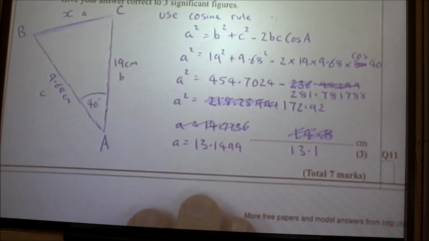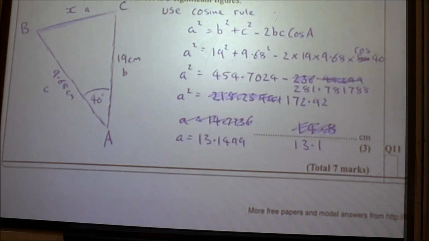We're going to use the cosine rule again, and just plug your numbers in. You've got to relabel the sides so it all works. We're going to use cos A because cos A is the big one. Cos A is the only angle that we know. Follow it through, do a little bit of rearranging, and hope